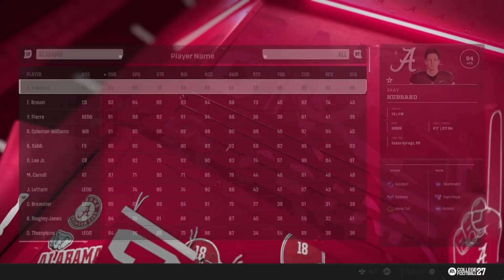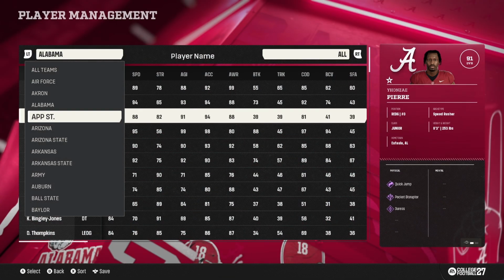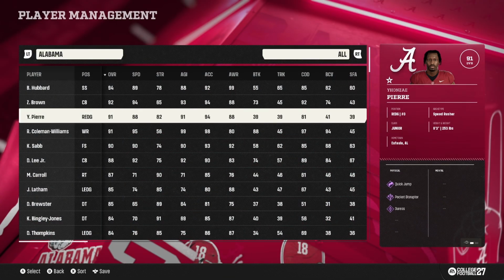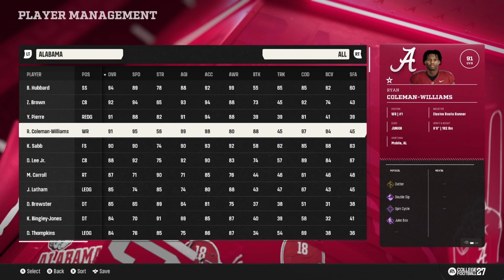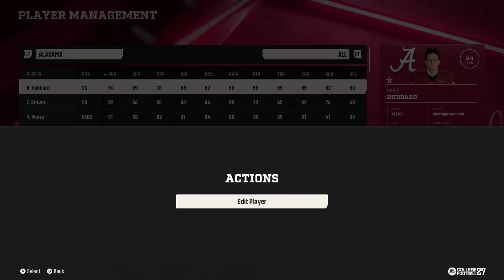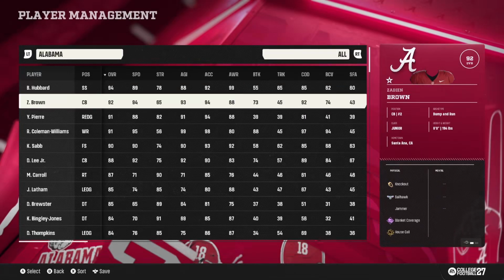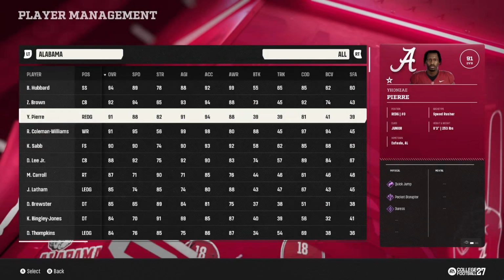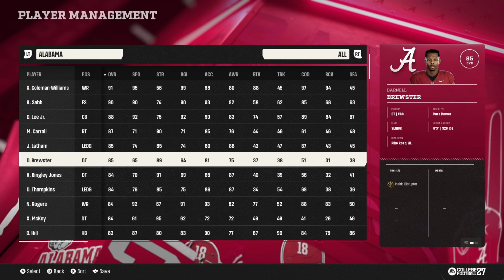Select manage players and choose the team that you want to edit. You'll then see a list of all the players on that team's roster. When you select a player, the only available option is edit player. This means that you can edit eligible player information, but you cannot transfer players to another team or move players